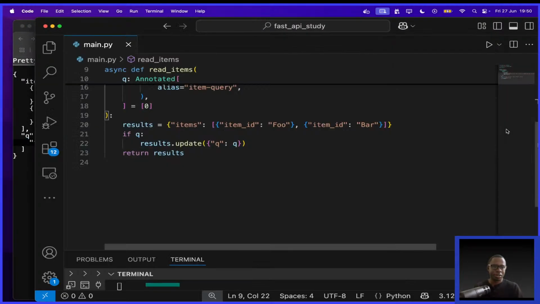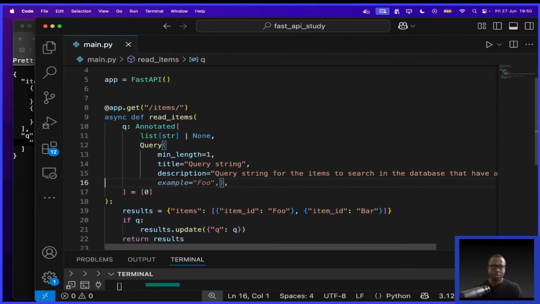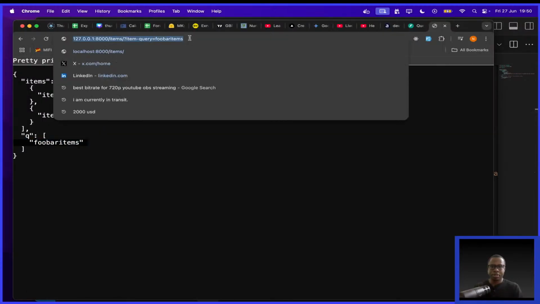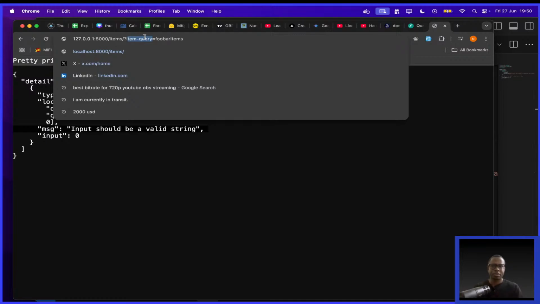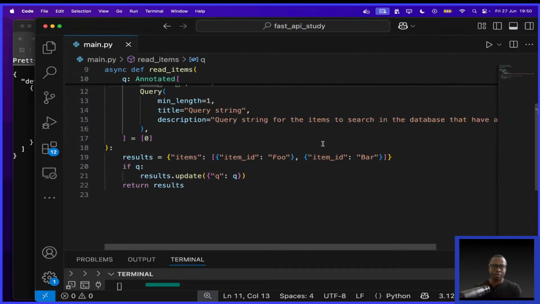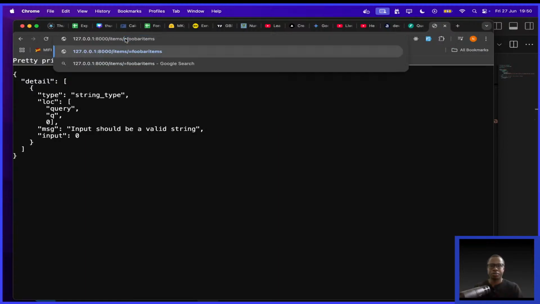Okay. So I want to do this. If I remove this alias, and I hit enter, you get, input should be a valid string, I think because of this item-query stuff. So ideally we would have to say q, question mark q equals that,